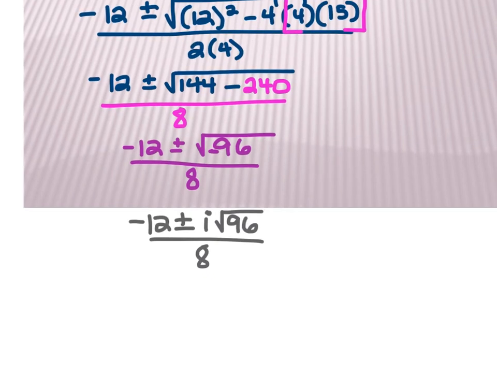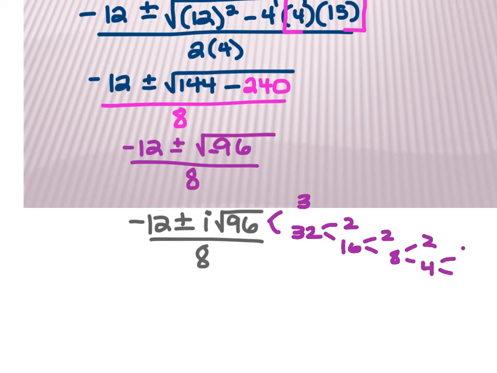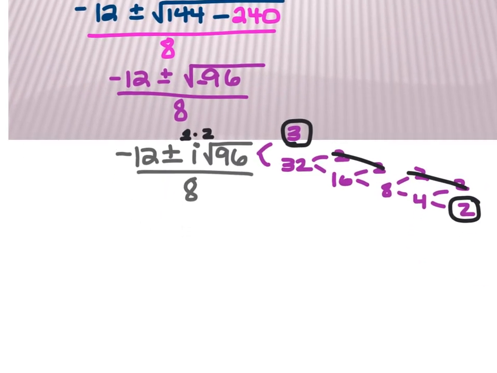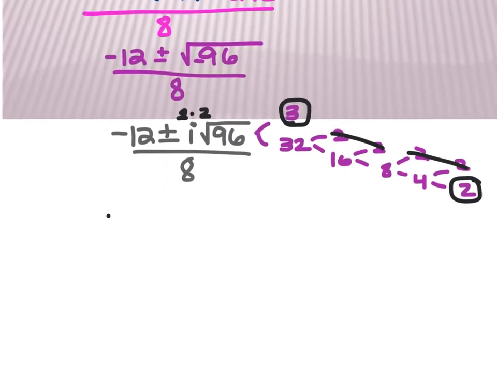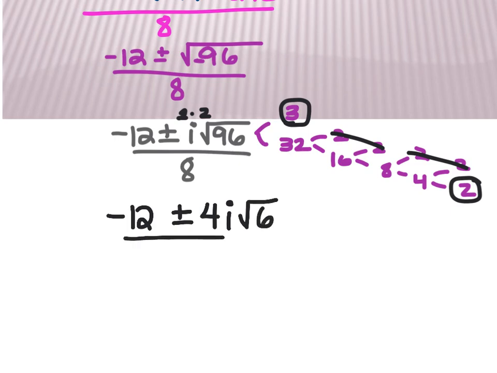There is no perfect square root of 96, but this would be 3 and 32, 2 and 16, 2 and 8, 2 and 4, 2 and 2. And there's one pair of 2's, so a 2's going to go to the front. A second pair of 2's, that 2's going to go to the front. And the 3 and the 2 would get multiplied together underneath. So -12 plus and minus 2 times 2, which is 4, i root 6 all over 8,